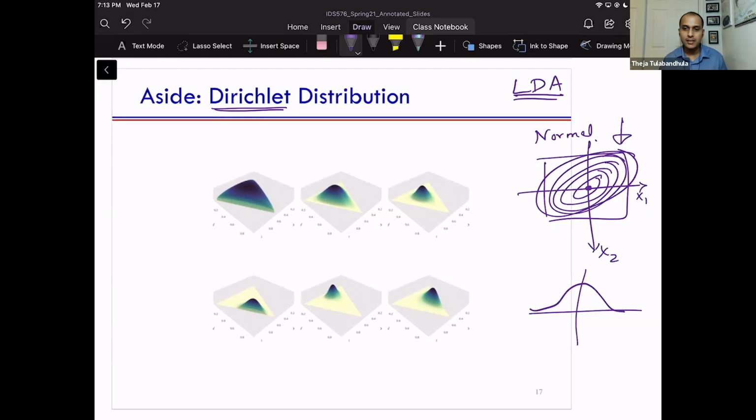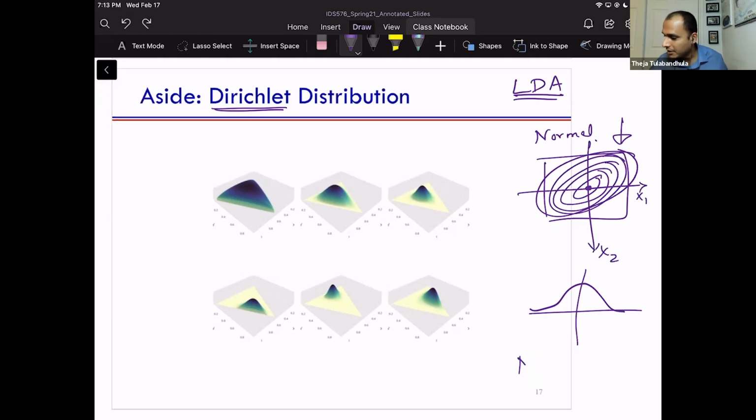So it's a normal distribution, a distribution over the entire 2D plane, right? If you think of a normal distribution in 2 dimensions, the coordinates can take any values, because the support